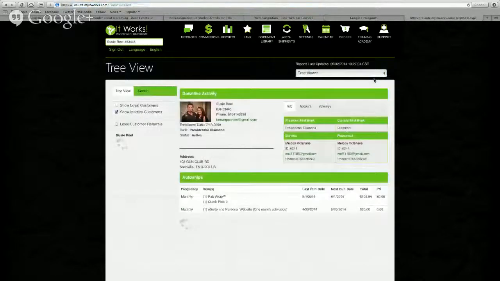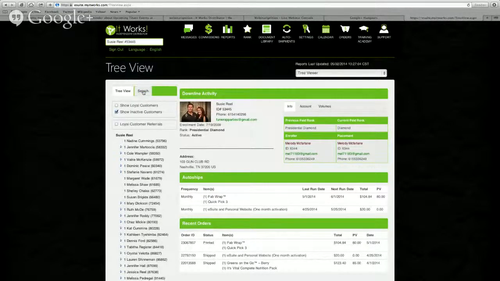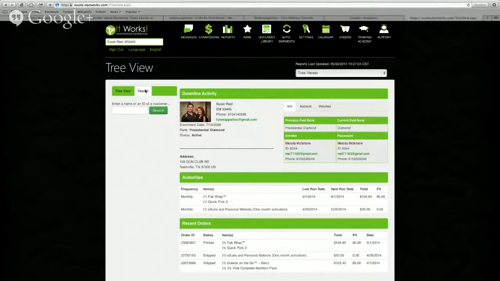We're going to go to Tree Viewer. Tree Viewer is where I actually do all my charting. You've heard me talk about charting to Diamond and beyond. Right here is where I do that. I can go to the Tree View and I can do a search. So let's say I'm going to do a search for